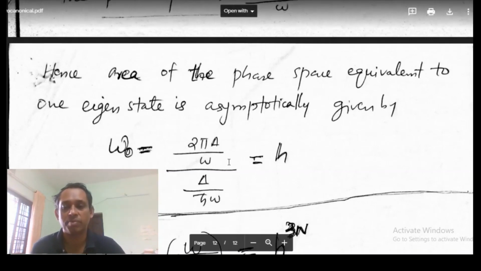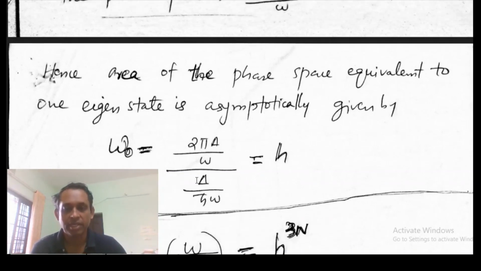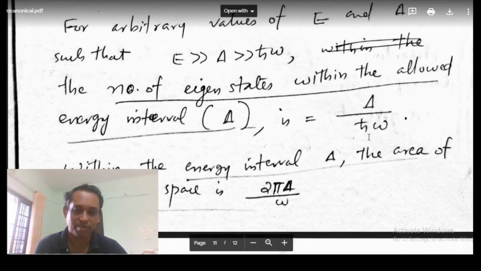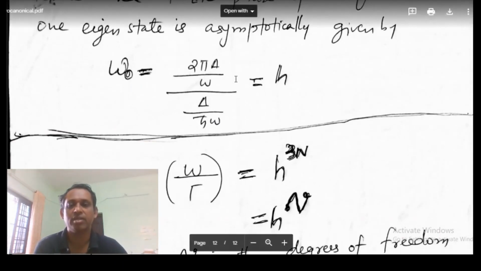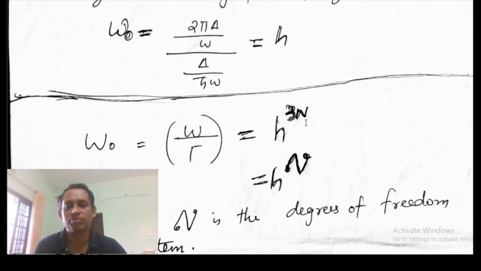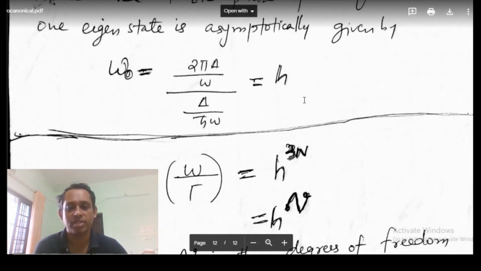It is given by the area of that portion between E minus Δ/2 and E plus Δ/2, that is 2πΔ/ω, divided by the number of eigenstates in that allowed energy interval, Δ/ħω. As we divide this, you will get h. So the fundamental volume that we have got is h,